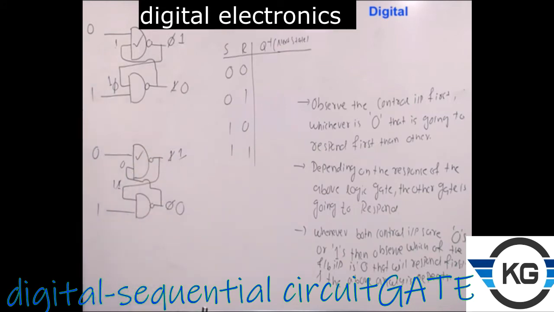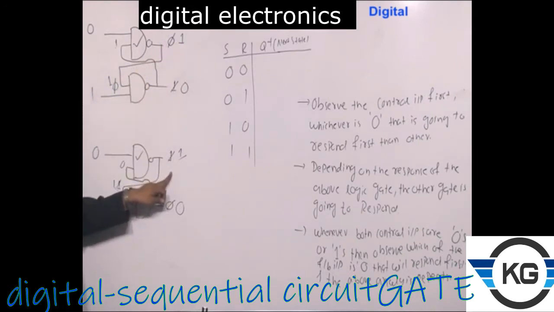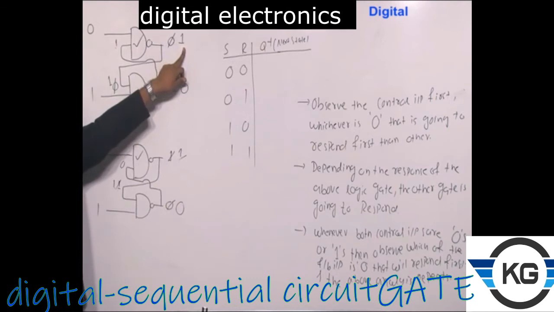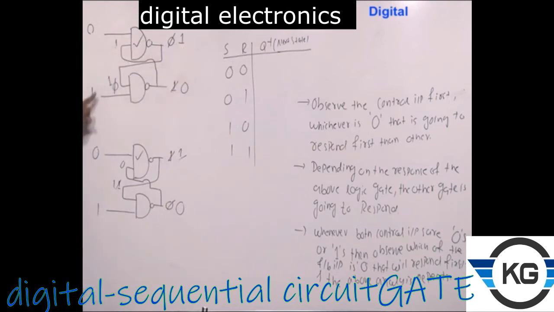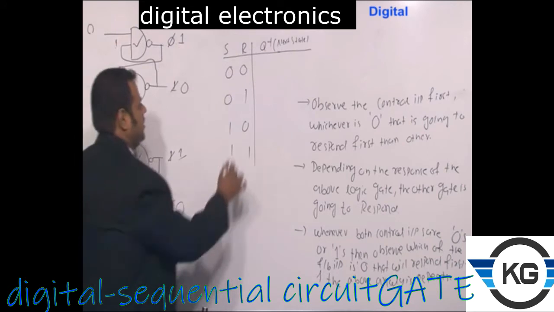So what is the observation I am making here? The observation is that if the external input to an SR NAND latch is 0, 1, irrespective of the initial state, whether this is 0 or this is 1, the next state is 1. Once again, listen: when the input is 0 and 1, irrespective of whether the initial state I have assumed is 0 or 1, the next state is going to be 1. So here I am writing this as 1.